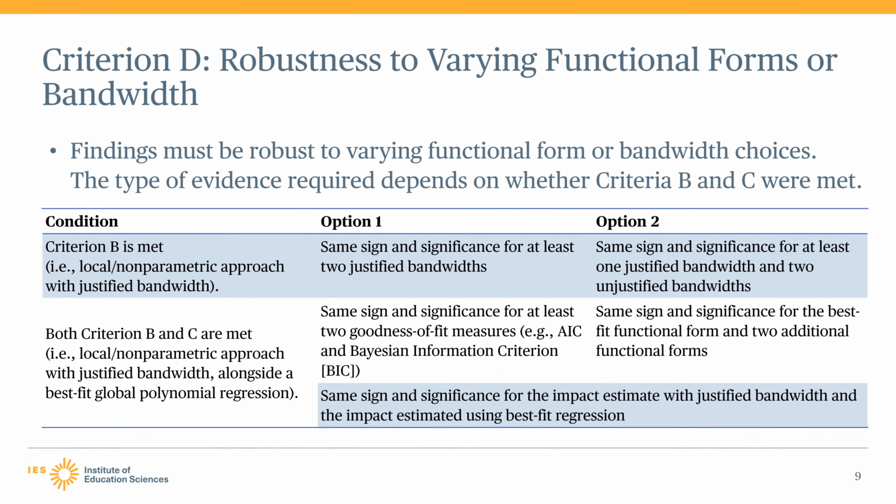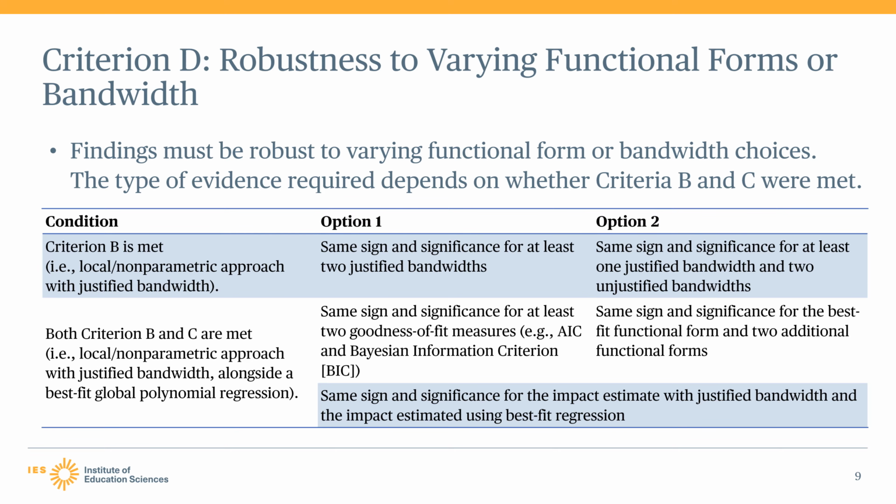Criterion D of the functional form and bandwidth standard requires that findings be robust to varying functional form and bandwidth choices, depending on the type of analysis approach that is used in the design. Criterion D is complicated, so you may wish to pause or rewind the video to ensure that you understand it. Let us first consider those scenarios where criterion B is met,